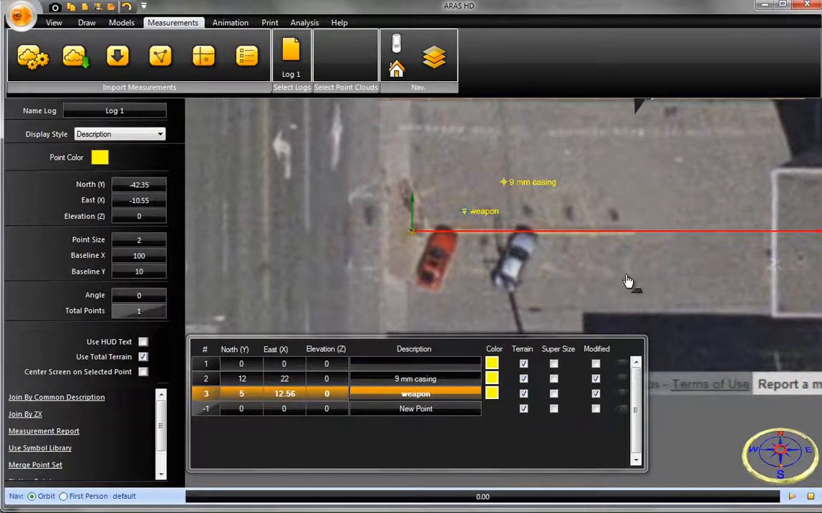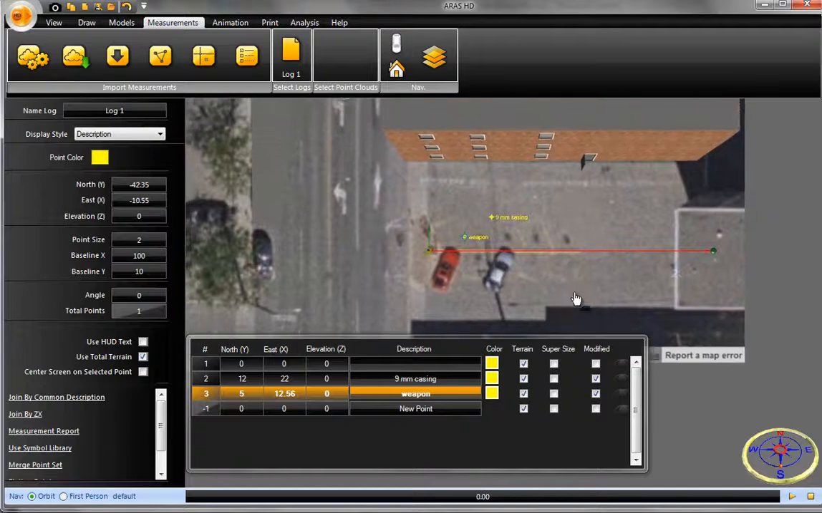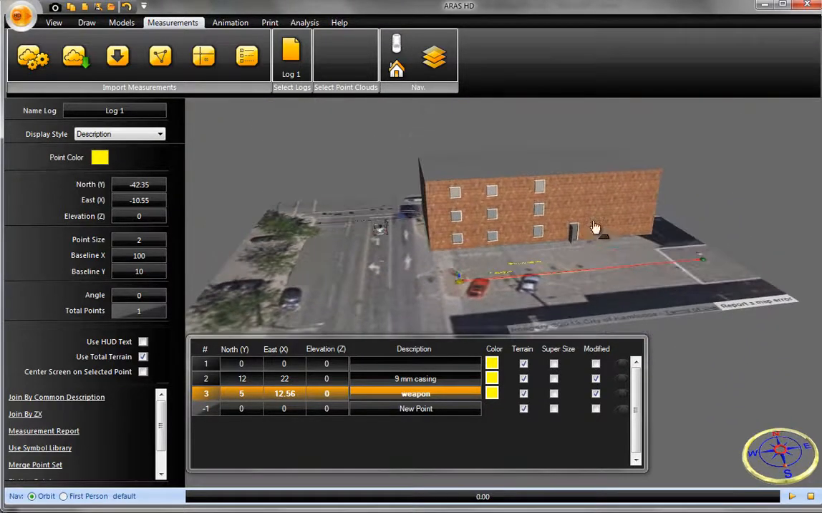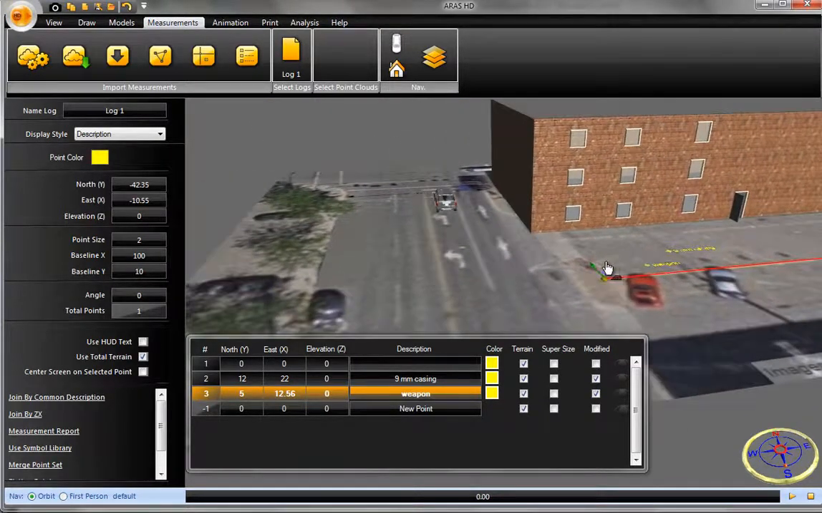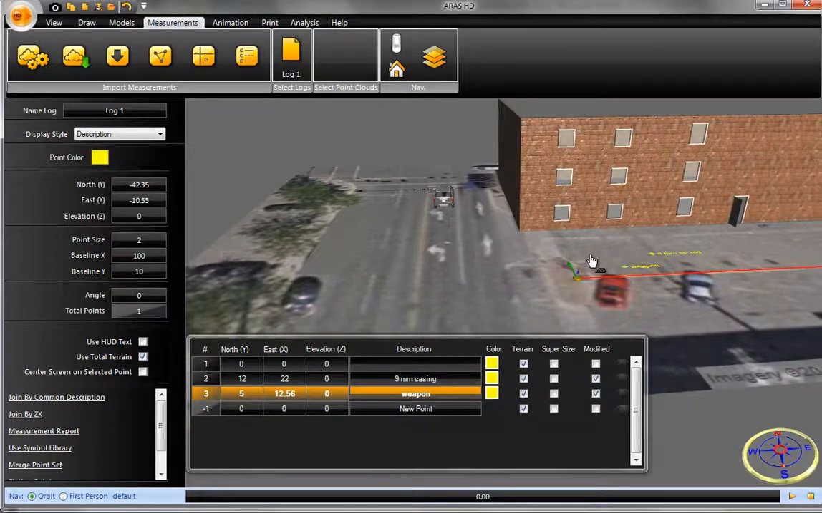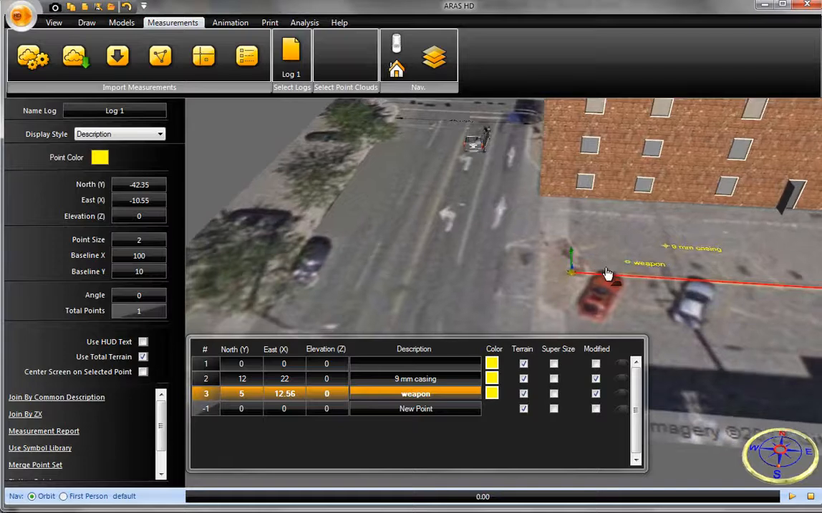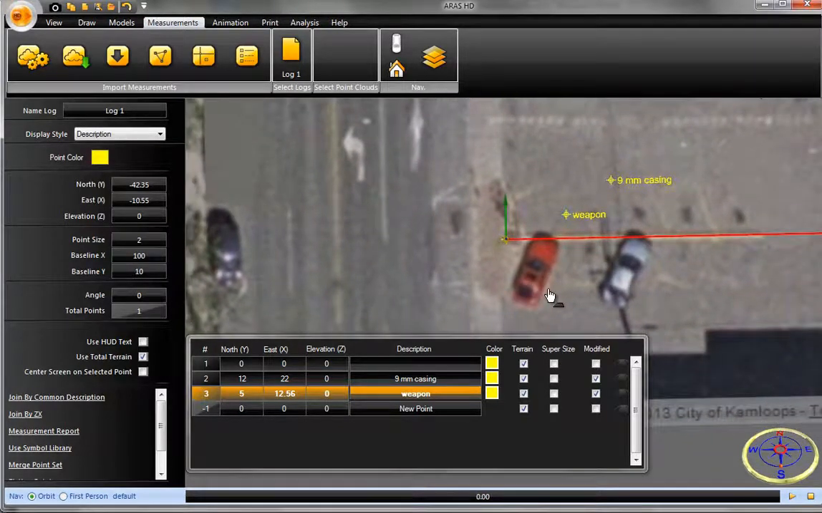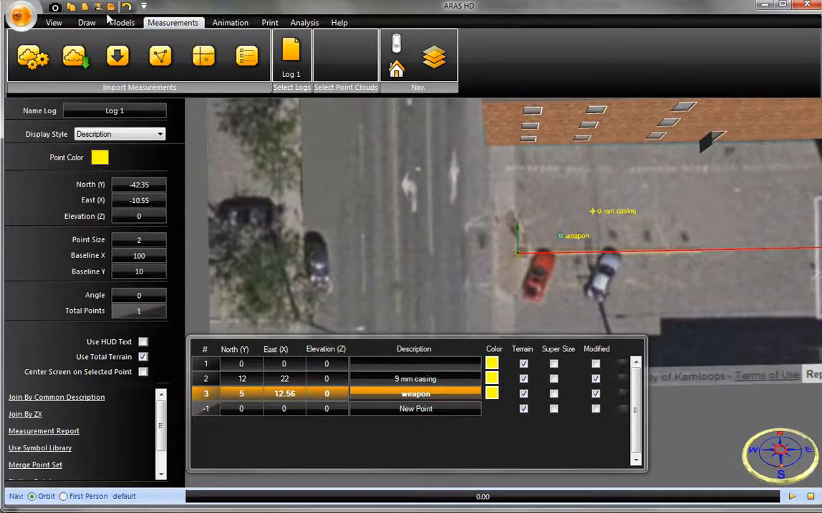And have up to 22 sets of measurements on the same scene. This is a really quick overview of how to set up your scene using Google Map as a start point, entering measurements, placing models to some extent. So we're going to change gears now,